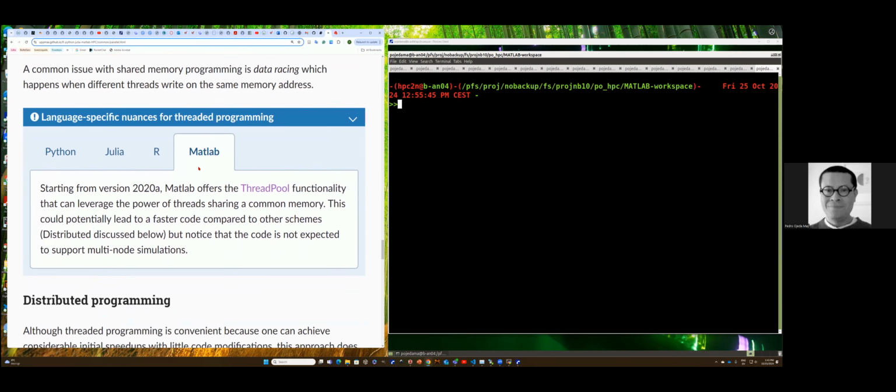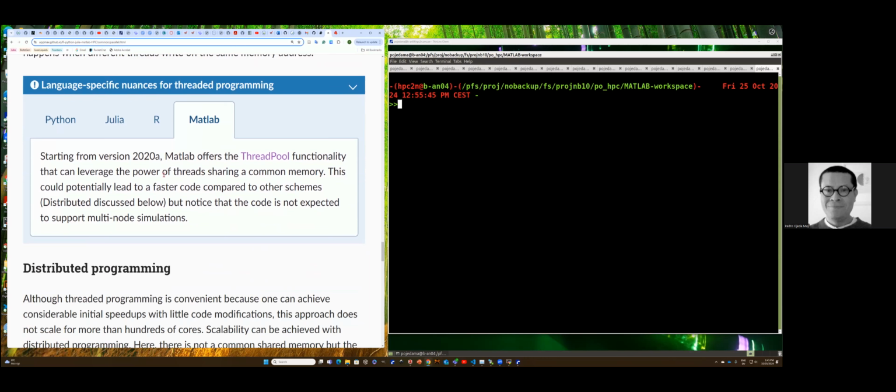In the case of MATLAB, and this is very new, starting from version 2020a, MATLAB offers an internal threaded mechanism called the thread pool, which can leverage the power of shared memory for the threads. So this is good, and if you use this pool, your code will be faster